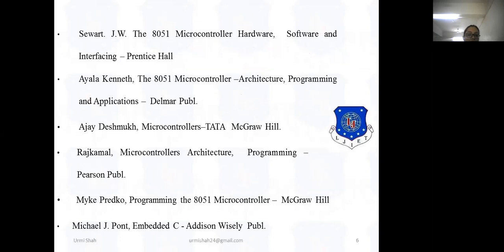See, these are some other books also. You can just note it down. The PDF or soft copy is available on the internet, and you can download it from there. If possible, you should purchase one book for this subject. But seeing the current situation, if you are not able to purchase a hard copy, then at least download the soft copy so that whatever we are learning in the class, you keep on reading it from books.